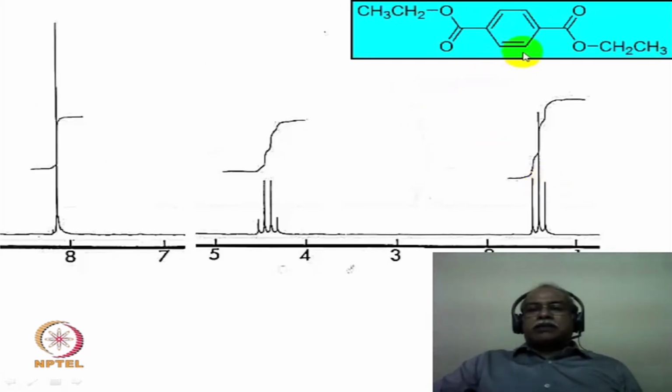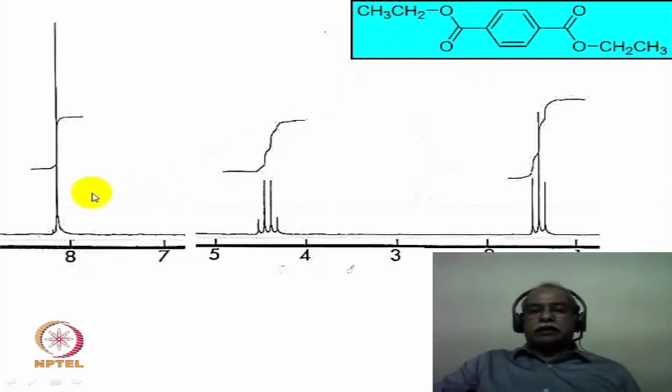Now this is very similar to the paraxylene molecule. It is a symmetrically disubstituted derivative. The two ethyl groups are identical, so it gives only one set of signals, one quartet and one triplet for both the ethyl groups. So if you look at the integration intensity here, you take the height of this integration and height of this integration and height of this integration. This will be exactly 2:2:3, corresponding to 2 of the CH2, 2 of the aromatic hydrogen, and 3 of the